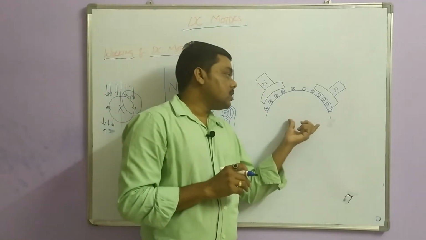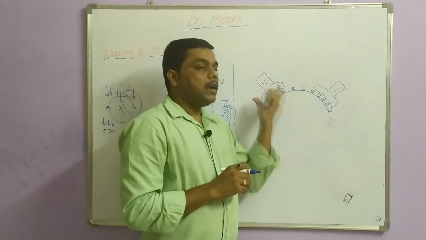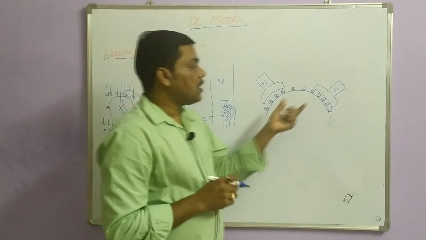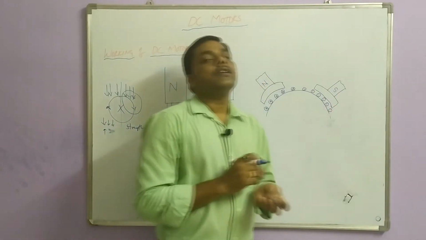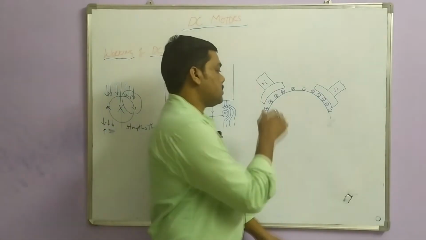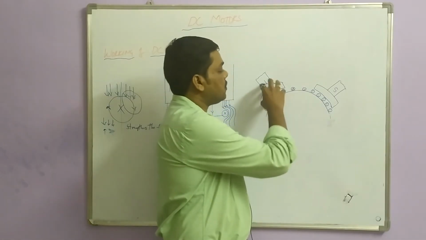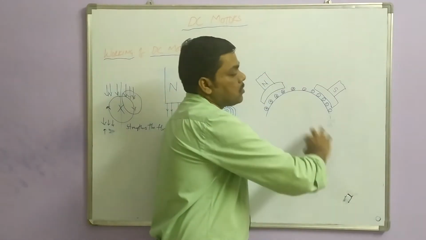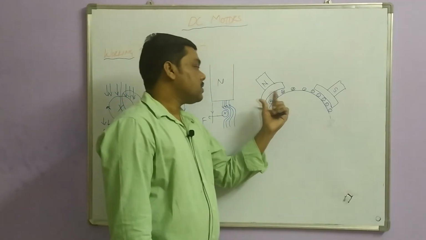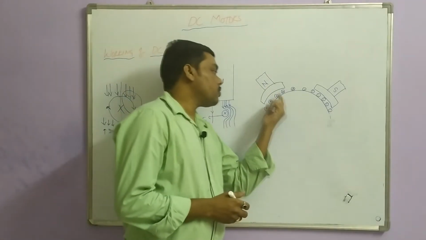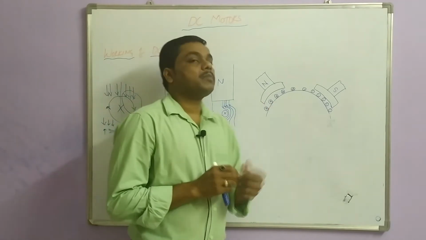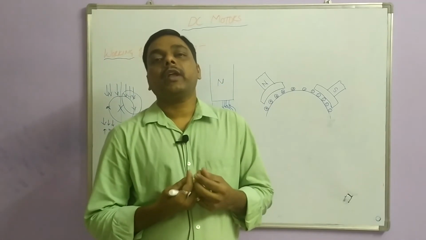Now assume this is the DC motor half section, so conductors under the north pole carry the entering currents, whereas conductors under the south pole carry the dots, nothing but current leaving that plane. Now current is entering into this section, so the flux is flowing from the north pole to the south pole placed opposite to it. When the flux is flowing over these conductors, this conductor experiences a force as per the motor working principle.